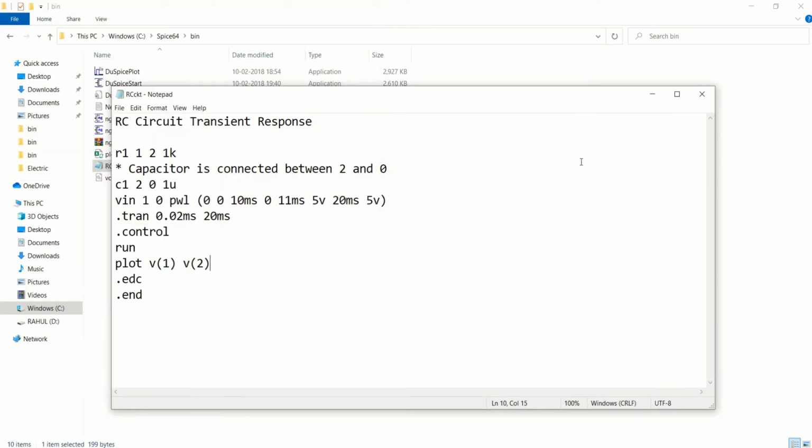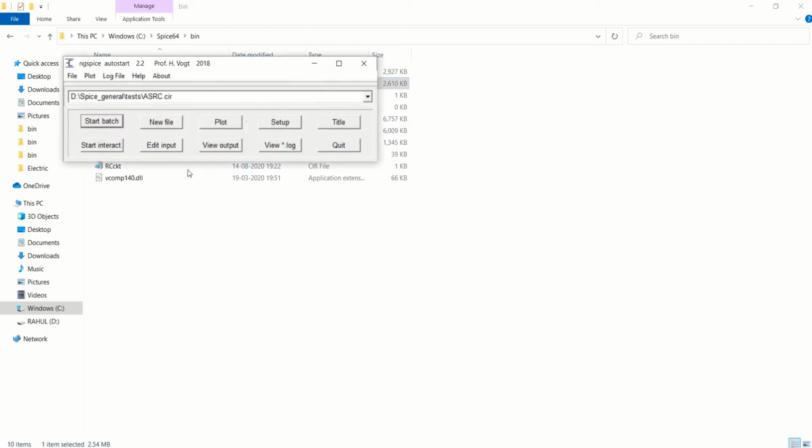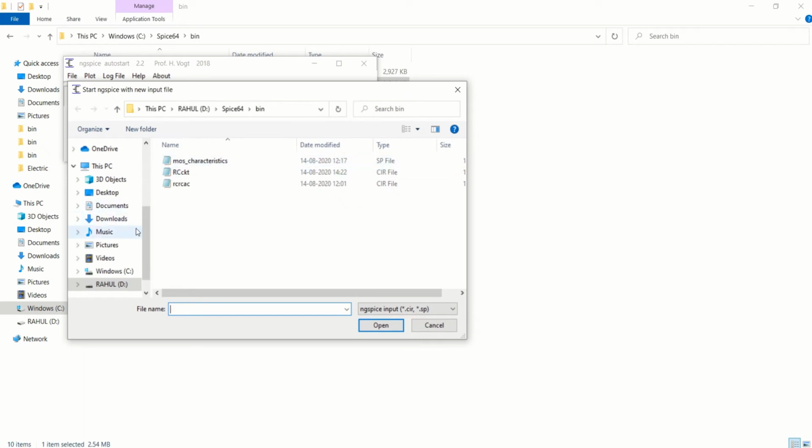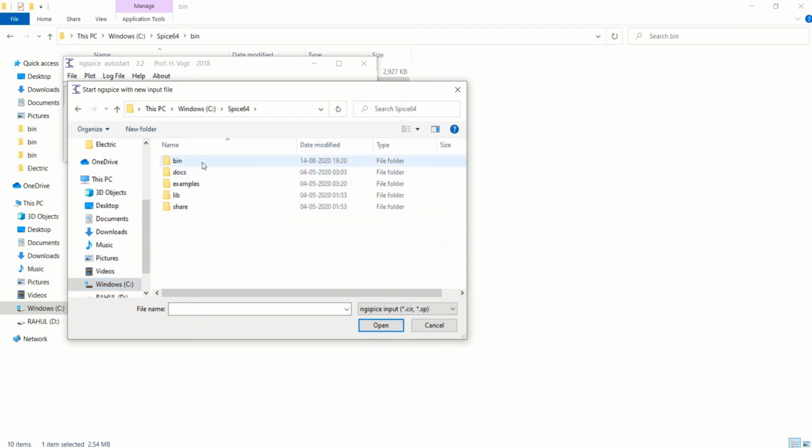The second method is to go to ngspice start. Go to the new file and look into the path, that is Spice64 bin rc circuit.cir.